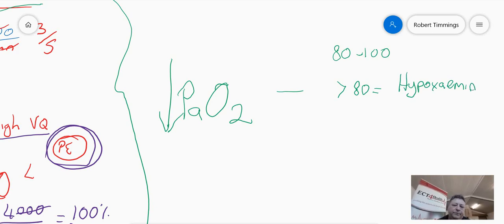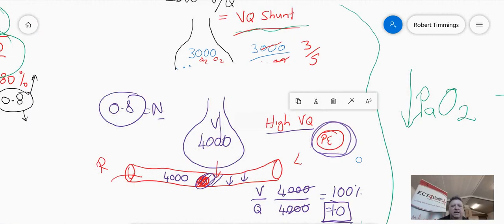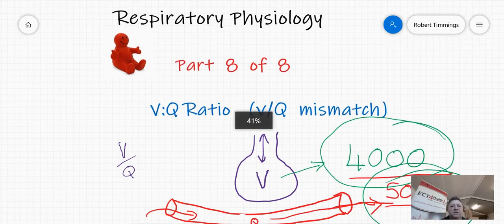If, however, it is less than 60 millimeters of mercury, then this hypoxemia is so profound that we would actually refer to that as respiratory failure. And that in a nutshell is our VQ, understanding the VQ ratio, understanding the complication that is VQ mismatch, part